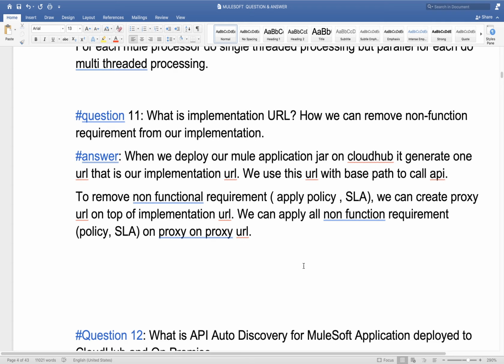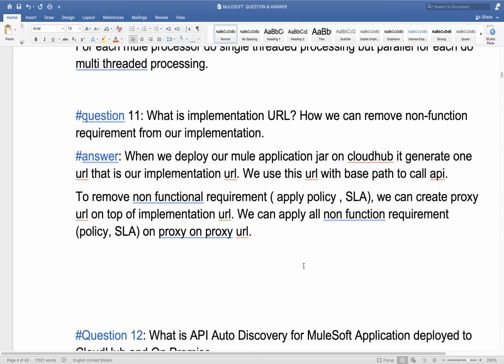Whenever we deploy our Mule application on Mule runtime, one URL will be created automatically, and you can use that URL to call your Mule application. That URL is our implementation URL. I hope everyone has completed at least one deployment on CloudHub.